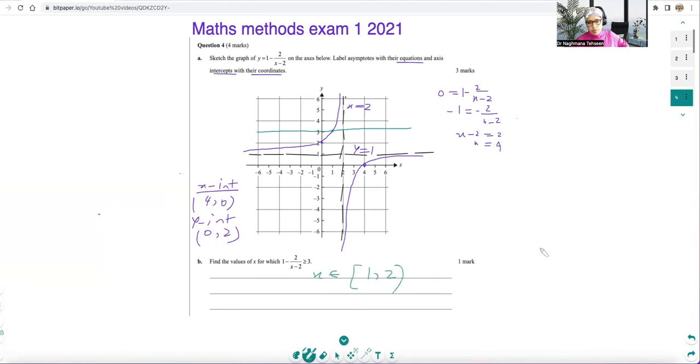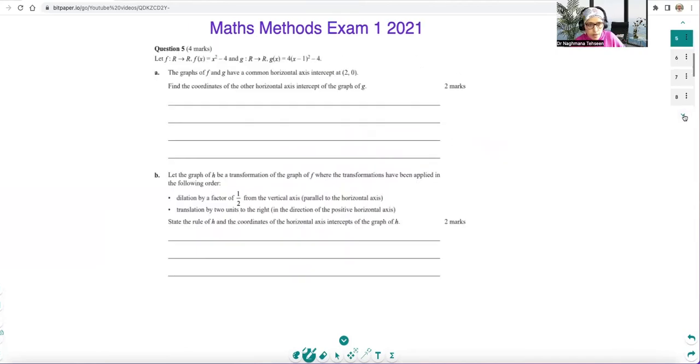2. Okay. And now we have our question number 5, where we have two functions, f and g, given. The graph has f of x. f and g have the common horizontal axis intercept, that's 2, so f of 2 is equal to 0. Find the coordinates of the other horizontal intercept of the graph of g. So that means we are saying 4